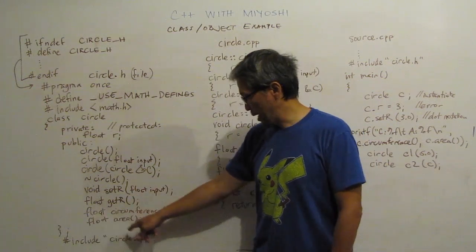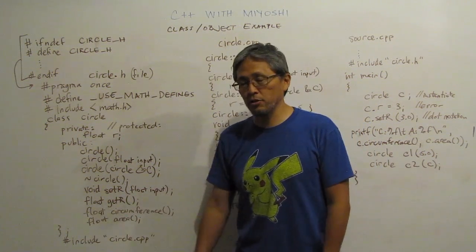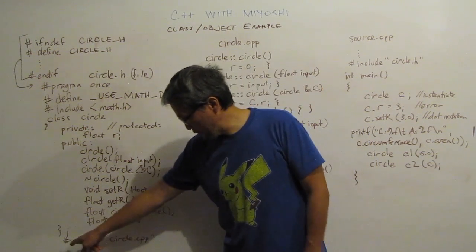I have the stuff that does any real things. That's my float circumference and my float area. Those are just going to return my area. Notice at the bottom after my semicolon, I have a #include